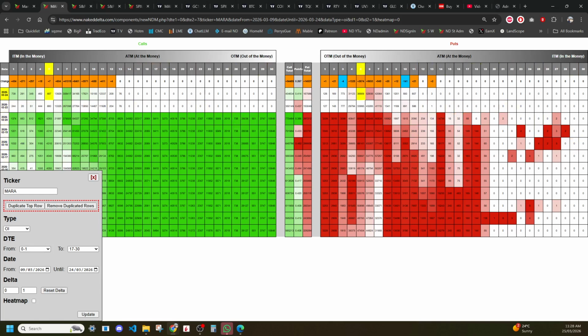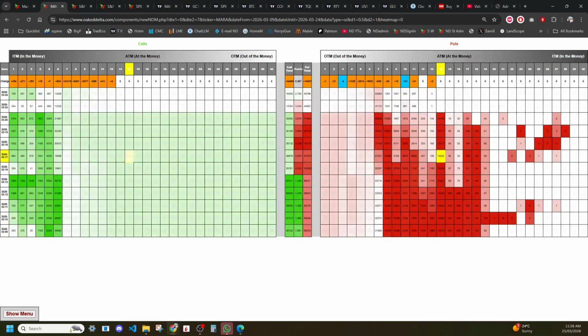And we can see that they haven't reopened, not these out of the money calls. So this is out of the money on the right hand side, and in the puts here in the red, out of the money is on the left hand side, closest to the center of our put call ratios. In the money is out here on the outside on both puts here in the red and in calls here in the right. And then we have a delta filter, so we can filter out and have a look at how many of them are in the money. In the money tends to give us more of an idea of direction, but out of the money gives us a really good idea of positioning